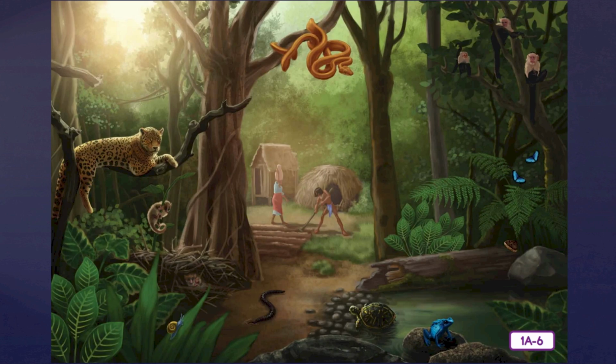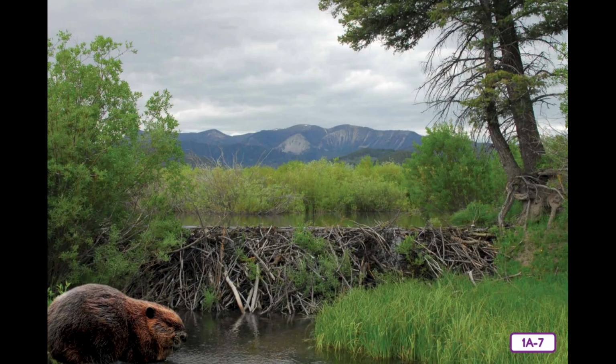More than one species may share the same habitat. As you can see, the turtle and frog do, but they interact in a way that helps shape the whole community or ecosystem. Physical factors of the environment affect and allow certain organisms to live in certain habitats. A habitat supplies all of an organism's needs for survival: food, water, shelter, and space. Organisms have adapted to their changing environments over time, allowing them to survive. Let's look at a few of these plant and animal adaptations in different habitats and ecosystems around the world.